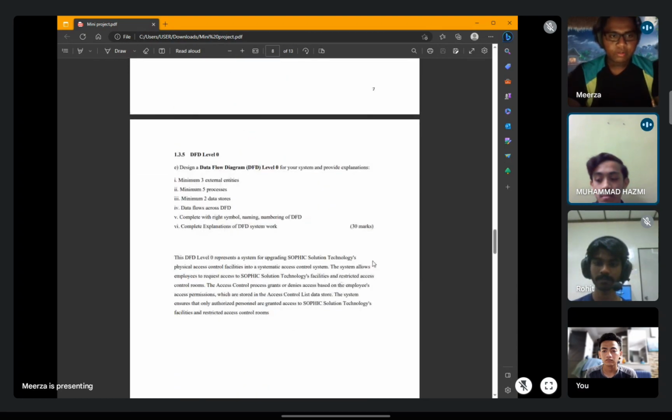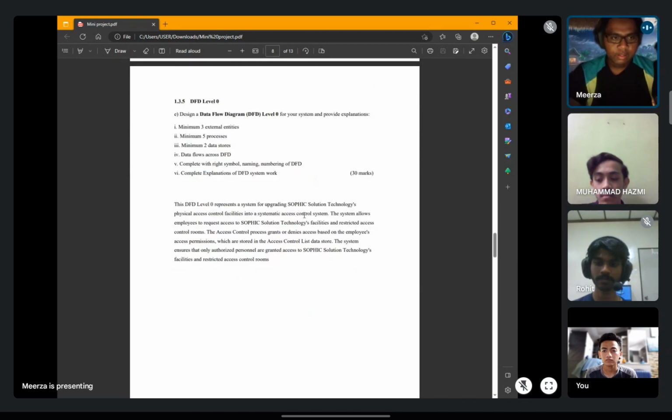And then we'll explain about DFD level 0. Okay, the question asks to design a data flow diagram level 0 for the system and provide explanations. Okay, so this DFD level 0 represents a system for upgrading Sophic solution technologies physical access control facilities into a